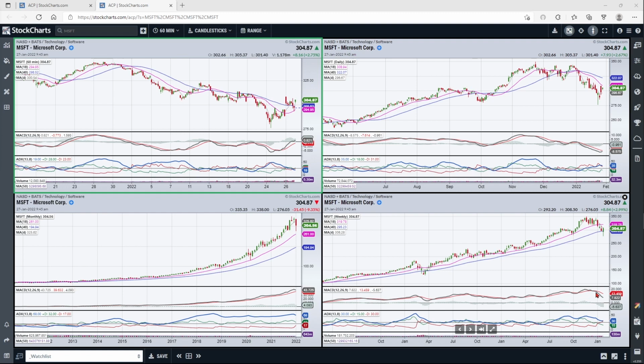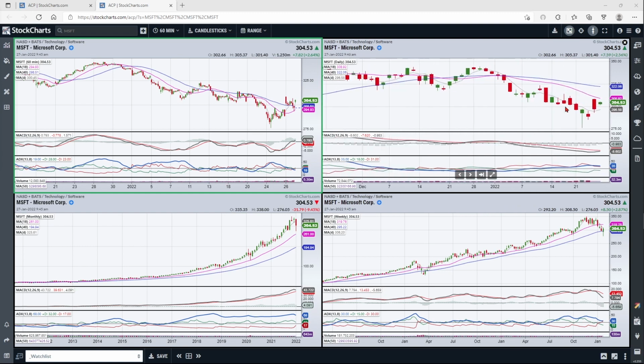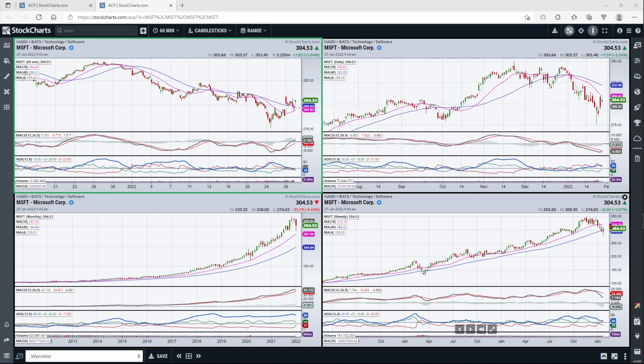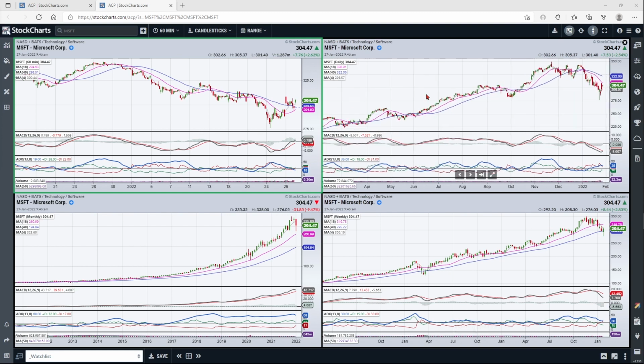Notice how the MACD has come down here. That tells me that, wow, you could get a rally, and I would almost expect a rally off of this. It should act as resistance as the MACD line moves up towards its signal line. We still have pretty good strength based on the ADX condition on both the monthly and the weekly. But the key now is to watch and see how this reacts at this 309 declining 18-day. If it gets through that, then I'm starting to think the target would be up around 319, 320, which is the 18-week. So that's kind of how I'm looking at it right now.